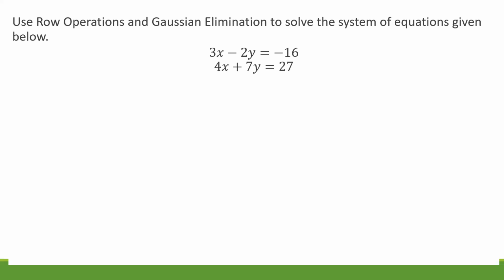Now, a couple of things as I go through this problem. Number one, if you haven't already learned a little bit about row operations and Gaussian elimination, then this video may not be helpful for you. This video is going to assume that you already know some of the basics of how this process works. Secondly, as I go through some of the calculations here, I will be using a TI calculator to assist me,